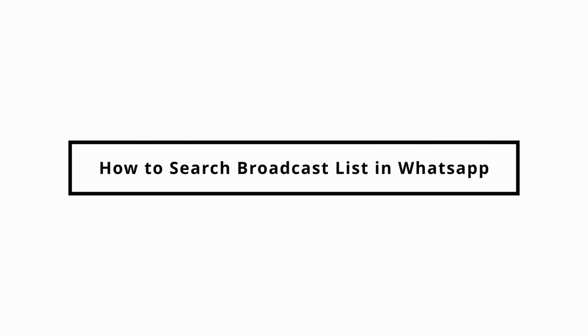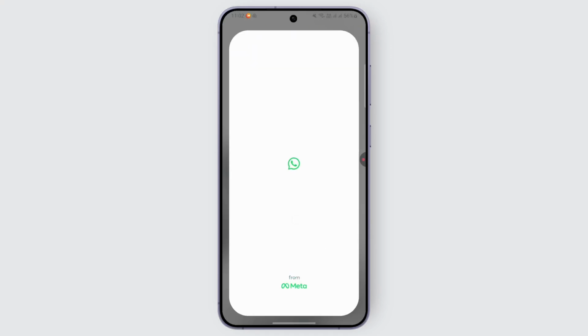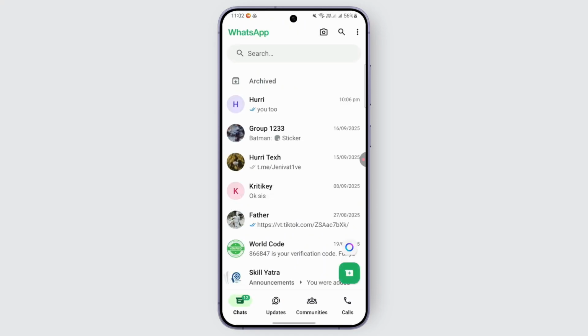In today's video, if you're trying to find your broadcast list on your WhatsApp, we are going to guide you through the process and simplify your communication. So you can open up the WhatsApp application for that. Open up WhatsApp, and once you access your WhatsApp application on your screen, once you are there, you will be